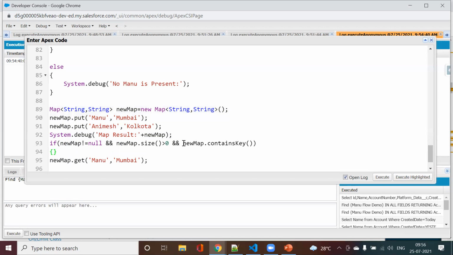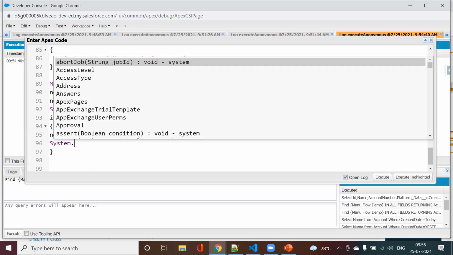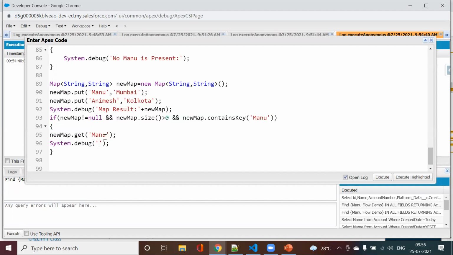Java people, I believe, will be aware, so I'm just assuming someone is from a non-technical background, for whom it's easier to understand. In the containsKey, I need to write whether it contains Manu or not. Now I could put it in a string also, just for your reference, and I will put it like this, which will be easier to understand.